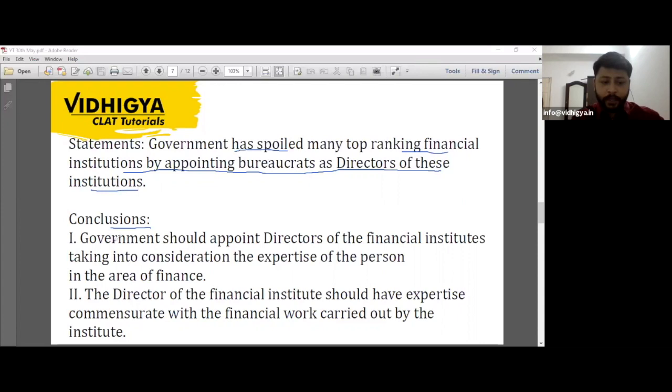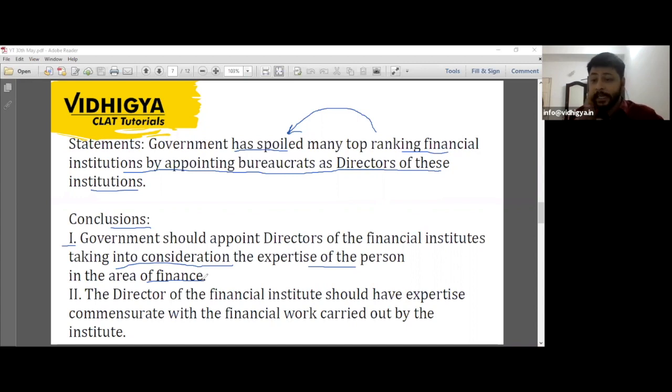Conclusion number one here. Now we know what this is. The statement reads that there is a problem. The government has spoiled these institutions, and the reason behind it is also given. But if you have a closer look at the option, it looks more like a course of action. Government should appoint directors of the financial institutes taking into consideration the expertise of a person in the area of finance. Now, when you read this, you get an idea that this is a statement which acts as a course of action. So can we conclude a course of action out of a given text,